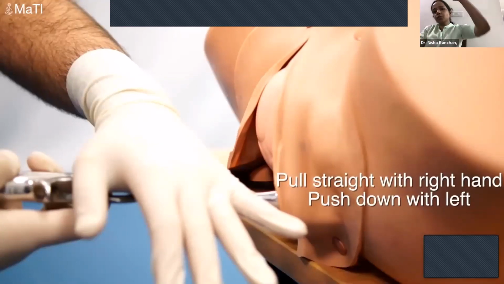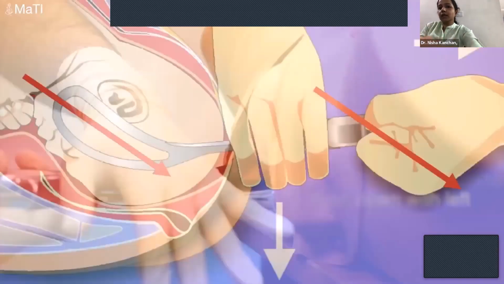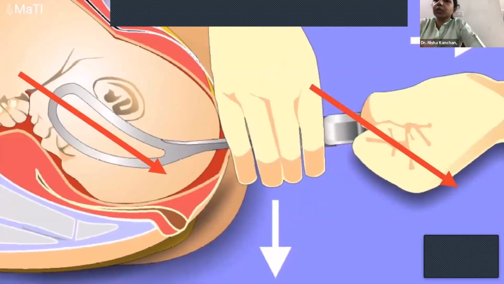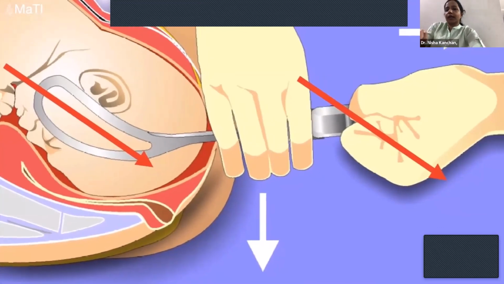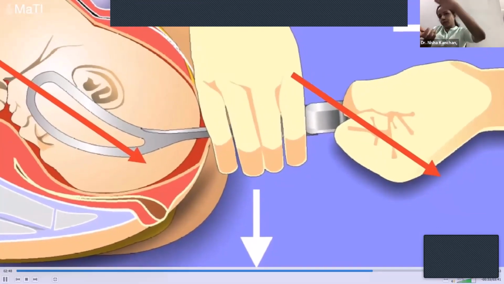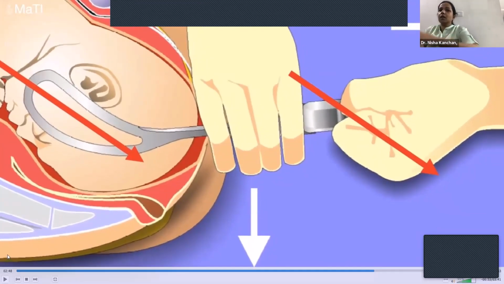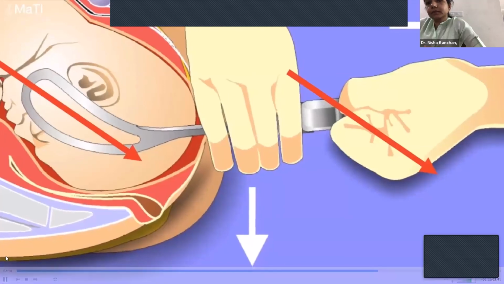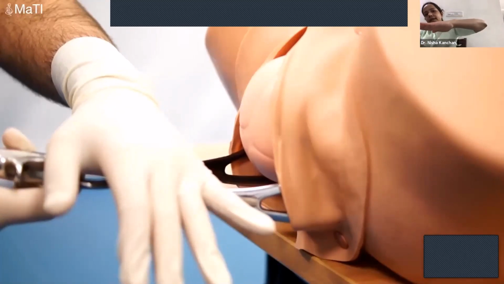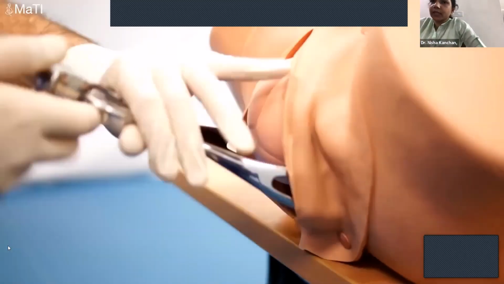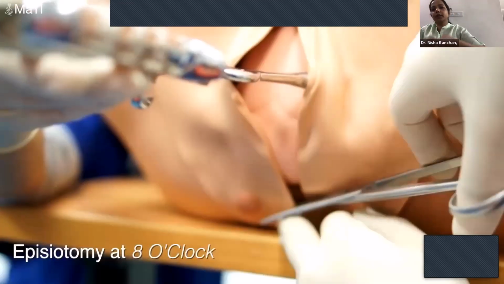Now this is a maneuver they use to depress the forceps so that you pull the forceps in the direction of the curve of Carus. Okay. So your right hand is pulling it horizontally, the other hand is pushing it downwards. So downwards and backwards for low forceps. So that is the direction of pull that you want. Okay. So press down with your left hand, right hand is pulling downwards and backwards. Now it is horizontal, it has reached the perineum. Once it reaches the perineum, you have to pull it upwards.